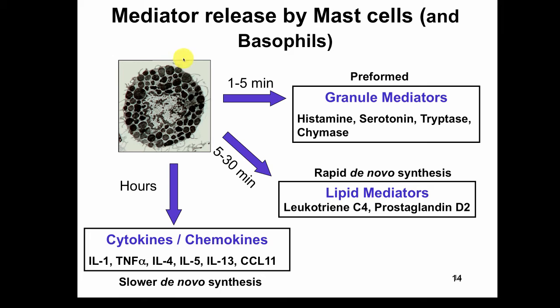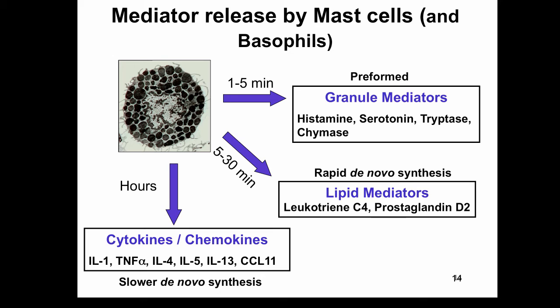And so the thing that happens immediately, within seconds or just a few minutes after cross-linking of the IgE receptor, is degranulation. Degranulation results in release into the extracellular space of preformed bioactive molecules that act on the surrounding microenvironment to cause that allergic inflammatory response. Within these granules are large amounts of histamine, serotonin, and a variety of different enzymes that cause that immediate